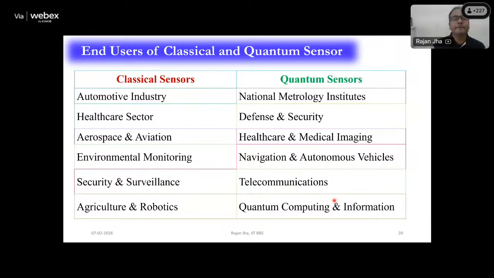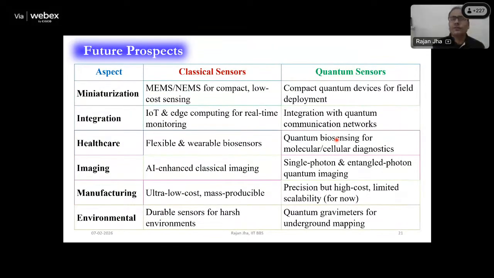Then where can these be utilized? These are classical sensors which you use for the automotive industry, but these can be utilized in all the metrological institutes. Many of these are available, but the precision at which you can do the measurement is not possible with these. These are already being utilized in many places, but then the limitations can be overcome with quantum based systems. So if I have to tell you how the future looks,